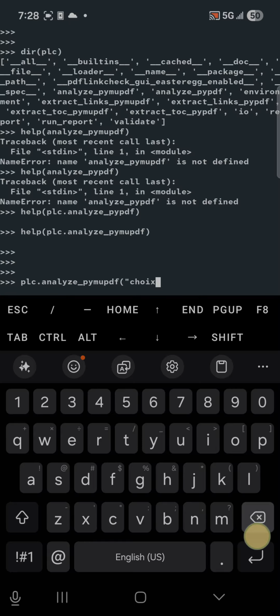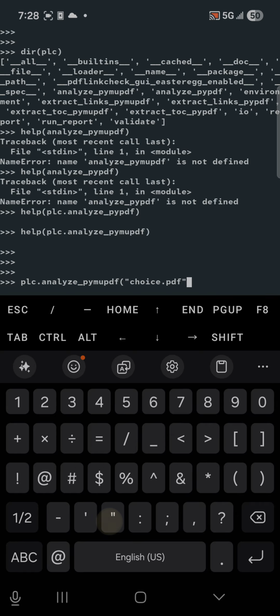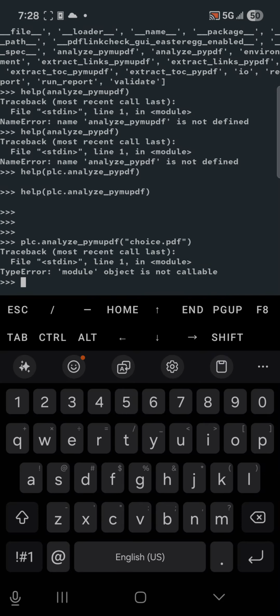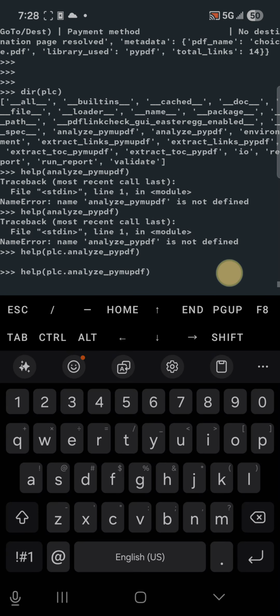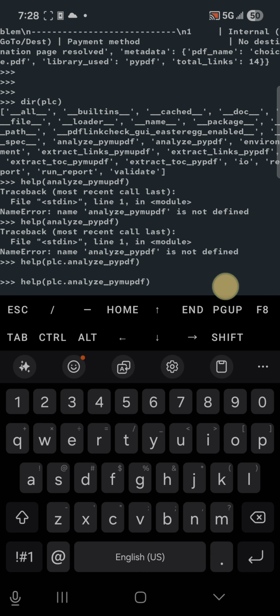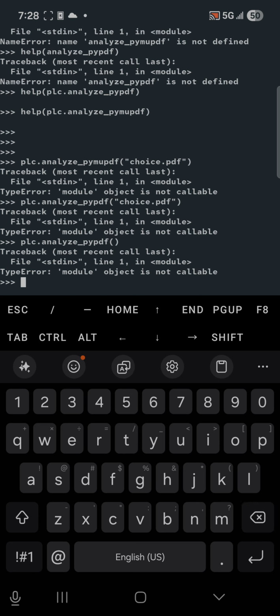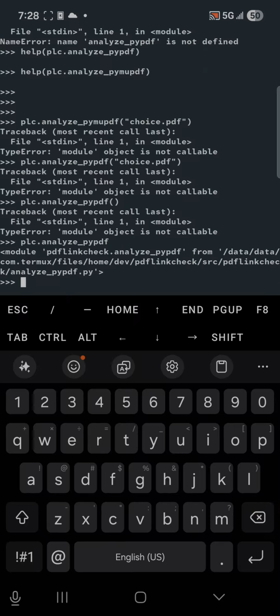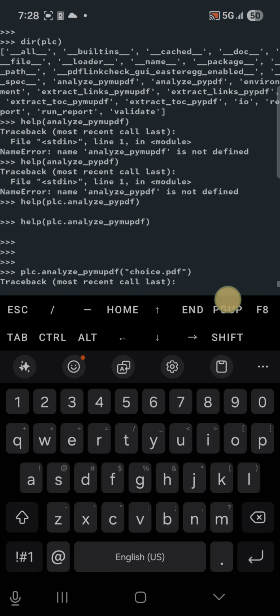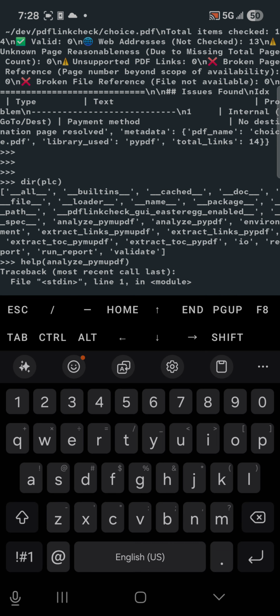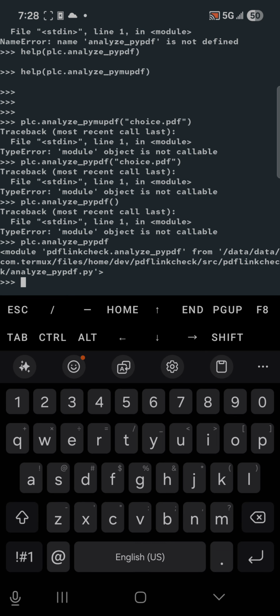Choice. PDF. Close. Oh, okay, well, let's see here. Nope, that's not it. Something's up. Something is up. It's a file. It's a file. Here we go. So we'll say